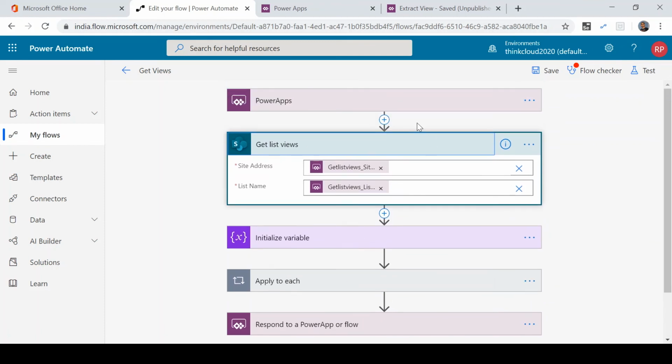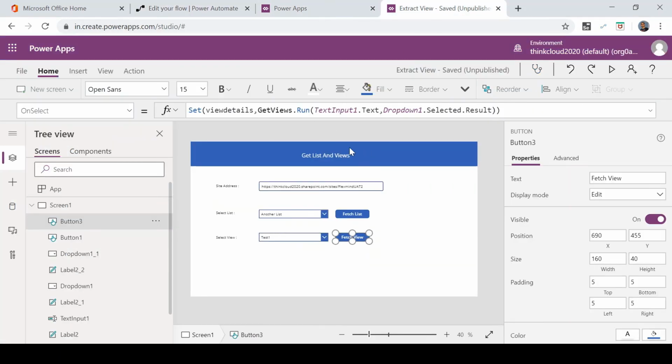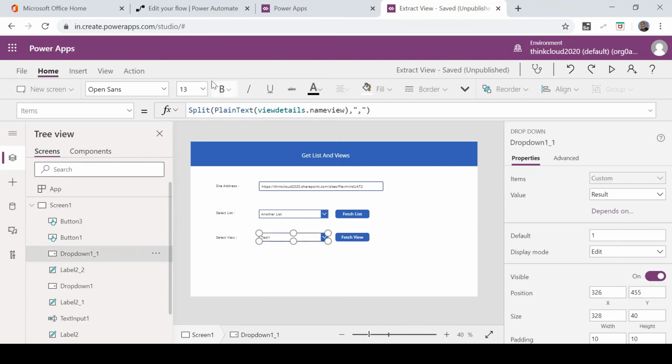And the rest everything is same. So what I am doing here, if you see my application, on the button click again, I am collecting the variable view details with this flow, the get views dot run, and the parameters are the text input one dot text, and drop down one, basically the selected result of this drop down. So basically I'm trying to fetch the views of this particular list, and the rest, the items, is the same. So that's how I have created this